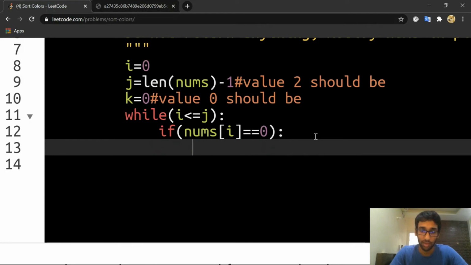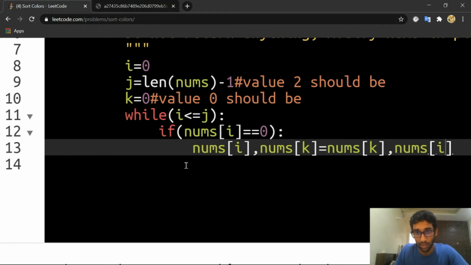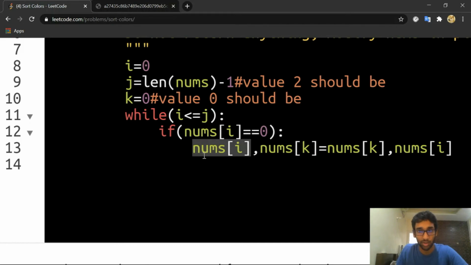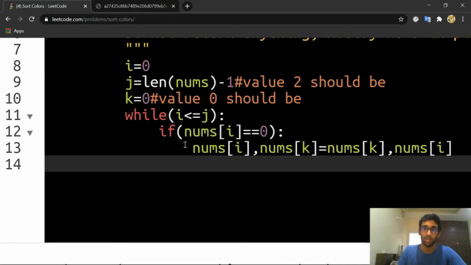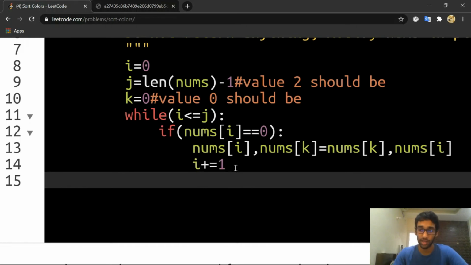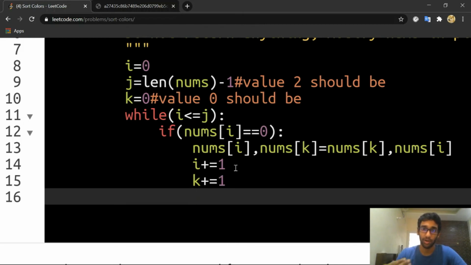This is how you generally swap two variables in Python: nums[i], nums[k] = nums[k], nums[i]. The i pointer value is swapped to the k pointer value, and the k pointer value is swapped to the i pointer value. After doing this, we increment the i pointer by 1 to move on to the next value, and we increment the k pointer by 1 for the next 0 to hold its correct place.